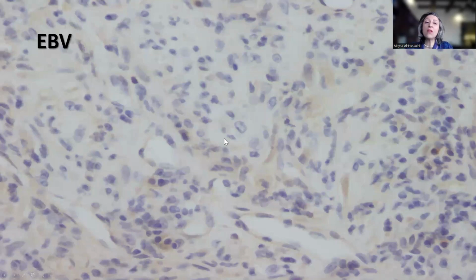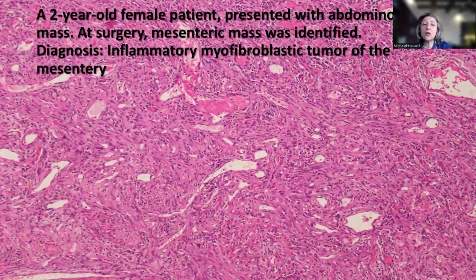Now, some cases of inflammatory myofibroblastic tumors might be associated with EBV infection, and this is the immunohistochemistry, and it was completely negative. Now, ideally, it should have been done with ISH, but at that time, we did not have ISH, and by immunohistochemistry it was completely negative. So the final diagnosis of this case, after really obtaining support from the beautiful ALK stain, is inflammatory myofibroblastic tumor